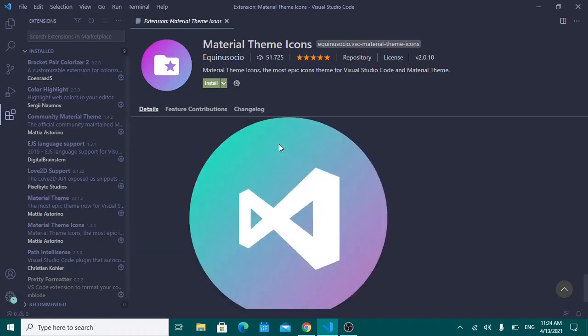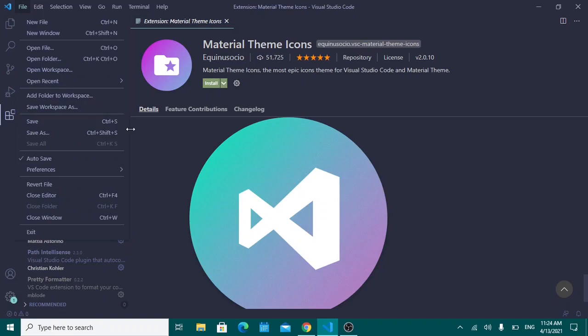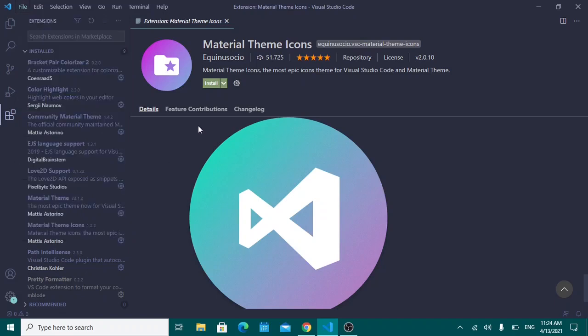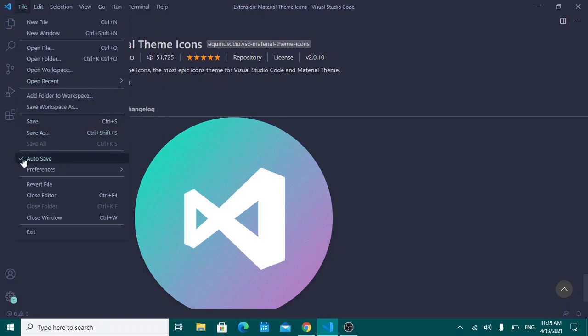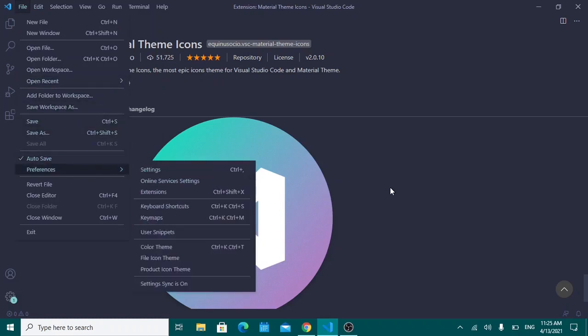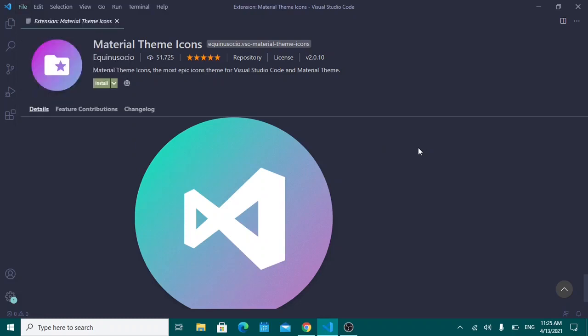And so another thing that I use is autosave. Autosave helps me because I always forget to save my files. You don't need to install it or anything. Just go to File, and you should see autosave and check it right away. And what happens is your files save automatically, so you don't need to continually